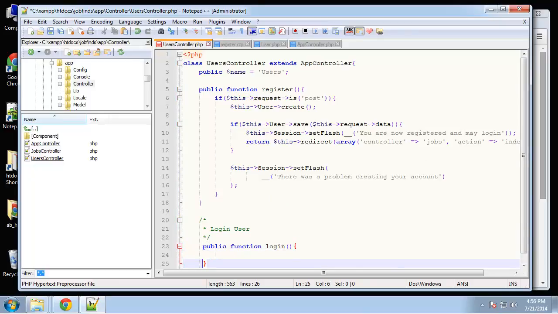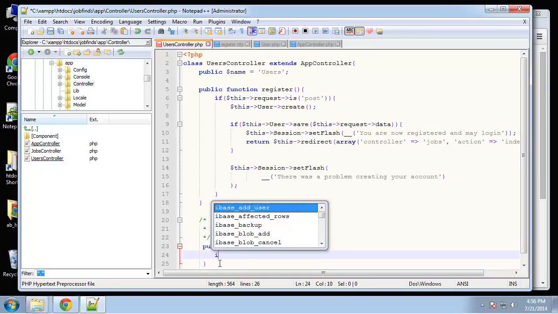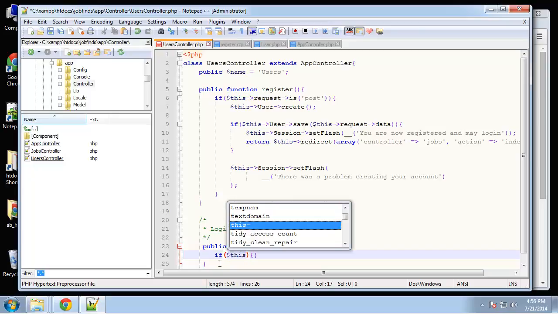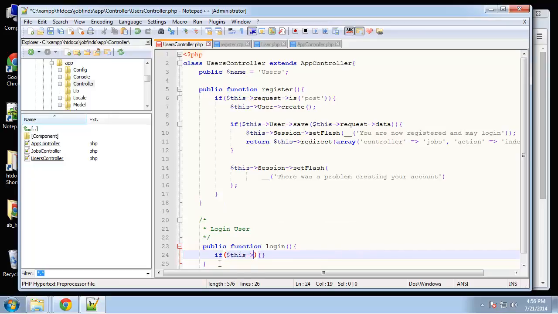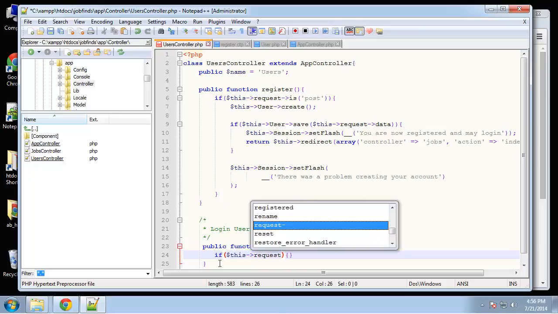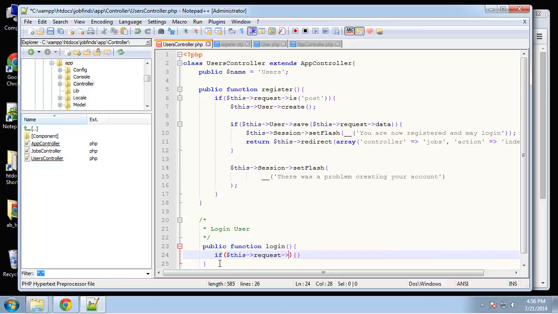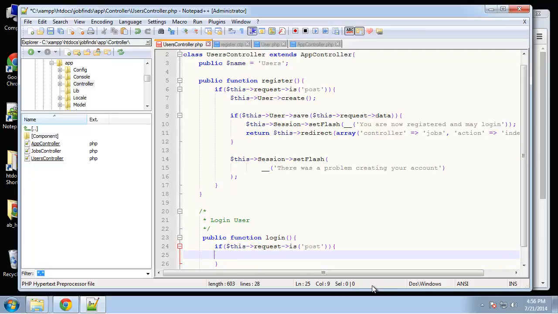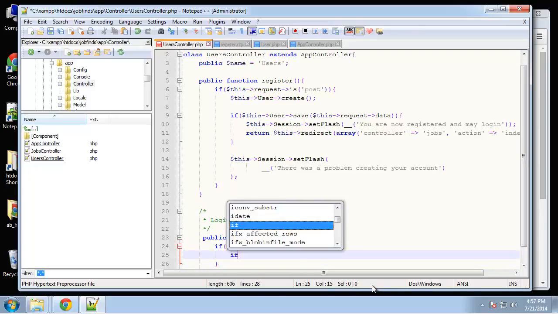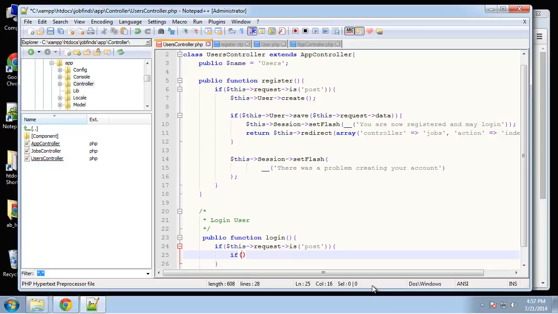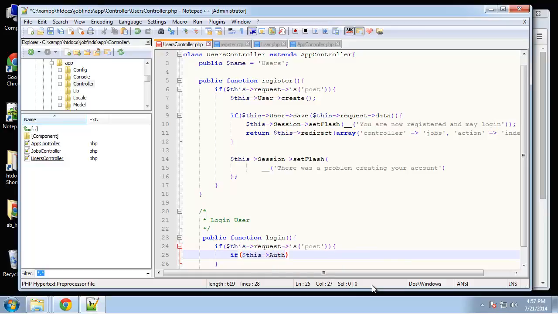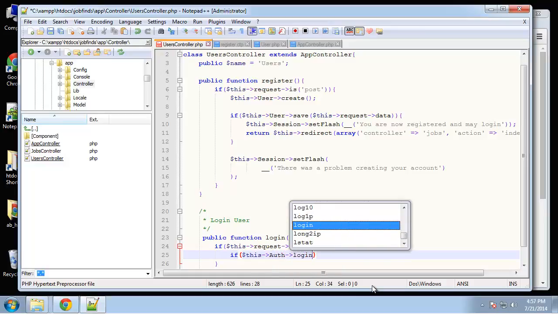Okay, so this is going to be pretty easy. We're going to just test for post. If this request is post, and then we're going to say if this->Auth->login()